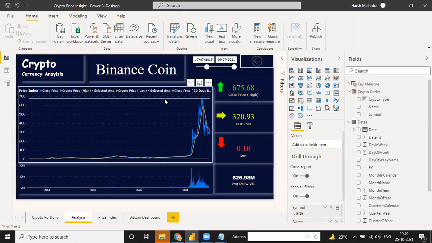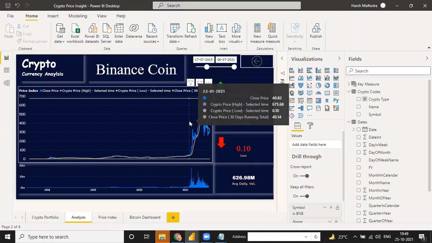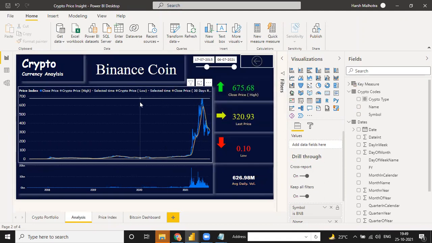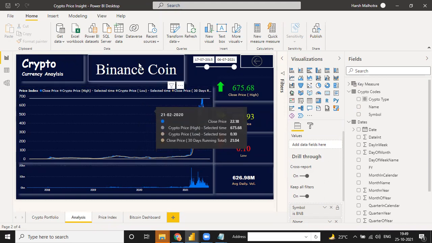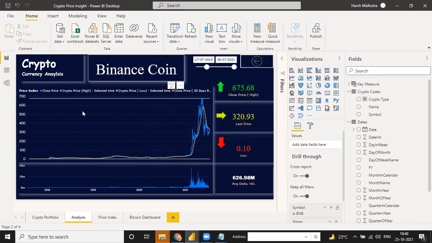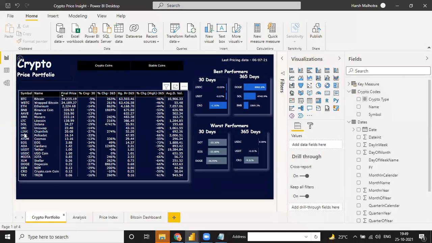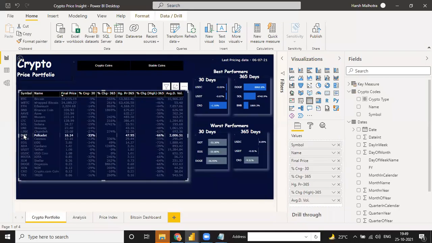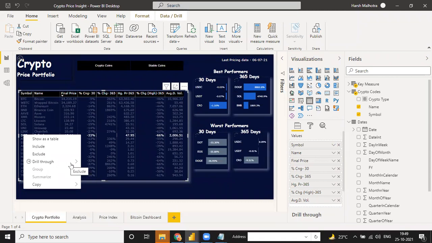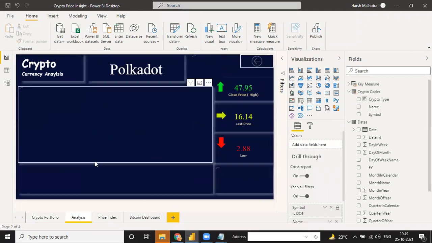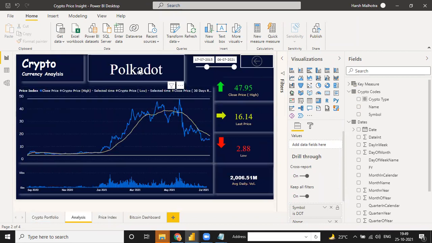This is only Bitcoin data, not for all currency data. Suppose if I select this second currency, right click and drill through into analyzing part, it will automatically take me into the next page. See, this is my next currency.